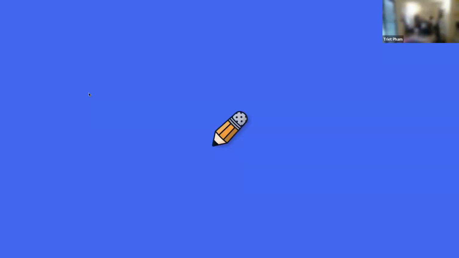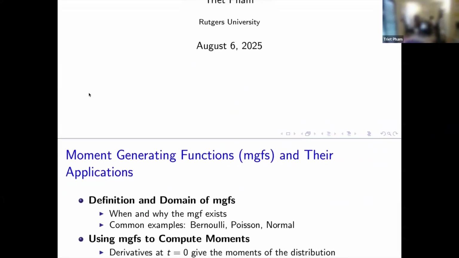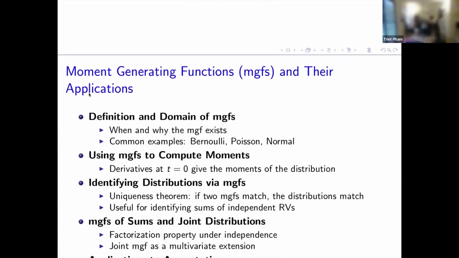Okay, so now this one will actually be an important topic that you have to work out things for yourself, and it has more applications than the previous one. The previous one definitely has very wide applications too, but because of the technical nature of it, I guess you'd see it less. But moment generating function is